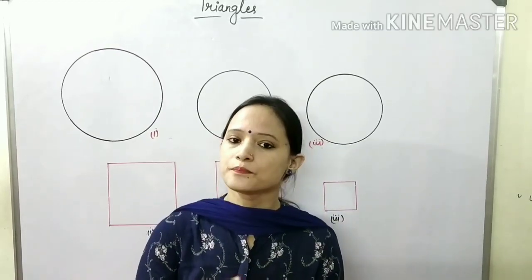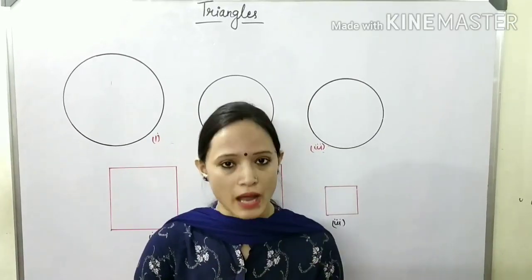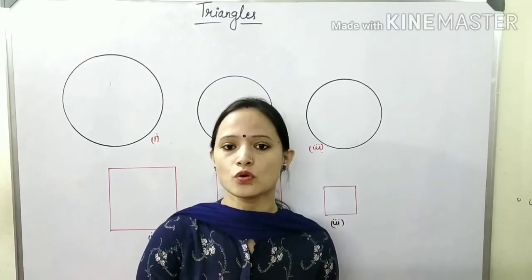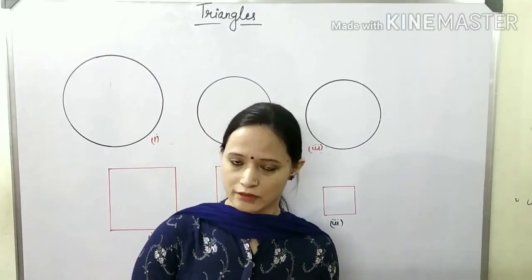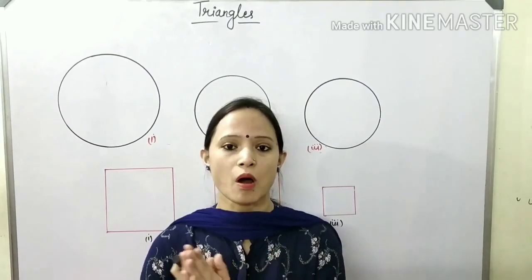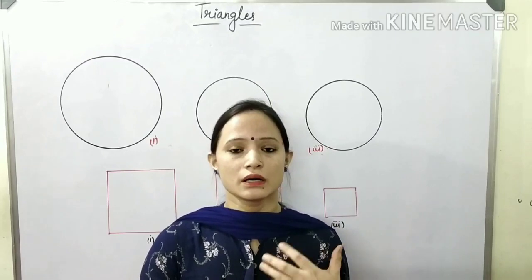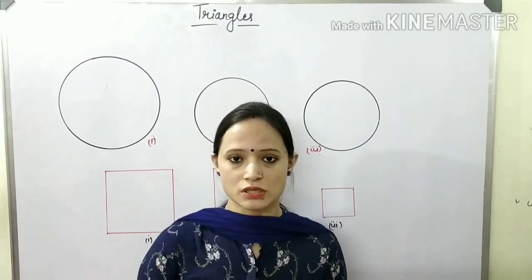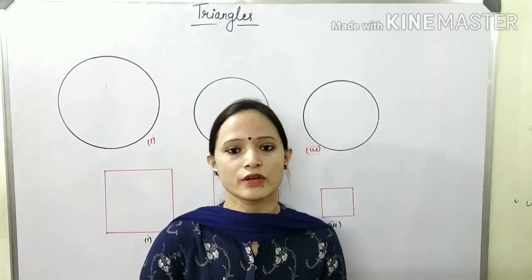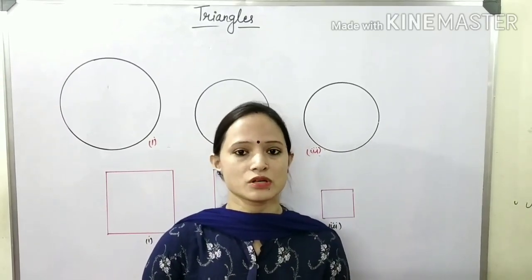Such figures are called similar figures. And in particular, we are going to study the similarity of triangles. After studying the similarity of triangles, we are going to use this knowledge to prove the Pythagoras theorem in the later part of this chapter. It will also enable us to understand how the heights of mountains are calculated without actually measuring them with a measuring tape, and how the distance of some distant object is measured without using any measuring tape. So again, there also we are going to use the similarity of figures. That knowledge is very important, and it will help you in the construction chapter also.